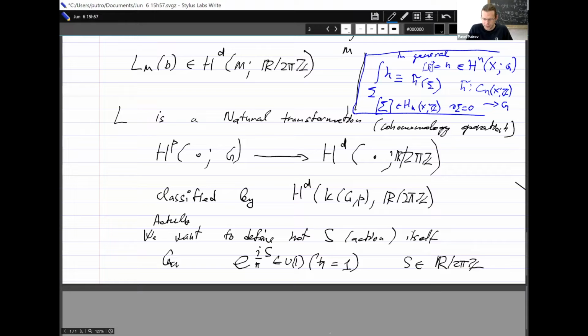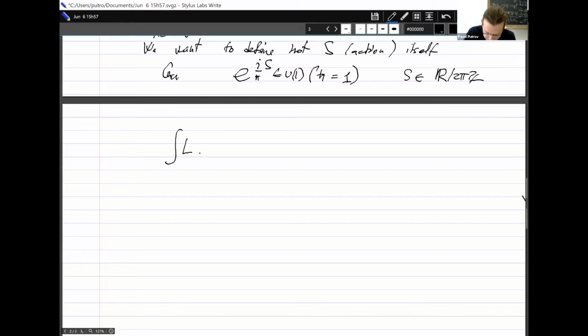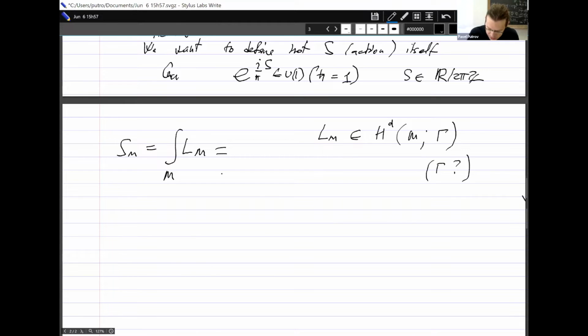Any other questions? Well, here again the relation to some sort of Lagrangian form is merely an analogy. But why do we want this? In general, the point is that if you have something like this, suppose we consider L_M to be an element of the cohomology of M with some coefficients, some group gamma. We want to ask what this gamma is. So this S_M is this integral, which by definition is given by,